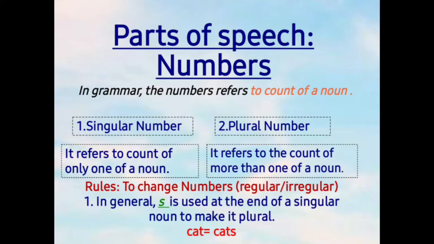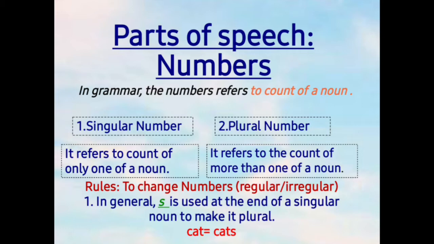Singular numbers. It refers to count of only one of a noun like a pen, pencil, a book. On the other hand, plural numbers refers to count of more than one of a noun like 2 pens, 4 pencils, 5 books. To make plural, there are some rules. Rule number 1 is, in general, s is used at the end of a singular noun to make it plural